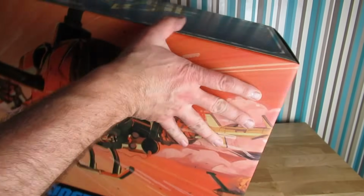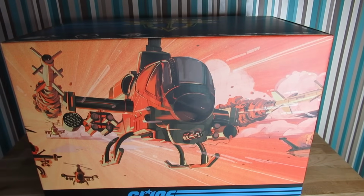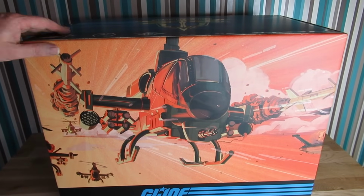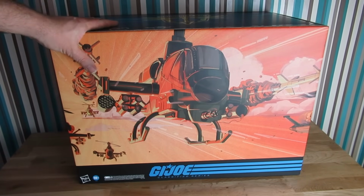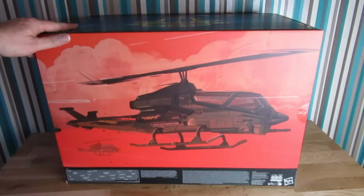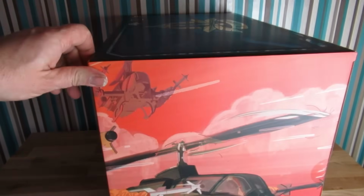Wow. Ooh. Oops. So we have a very nice box. Some wonderful artwork there. It takes 3 AA batteries. Fingers crossed I have some of those. So that is the front, the side, the back, the other side,